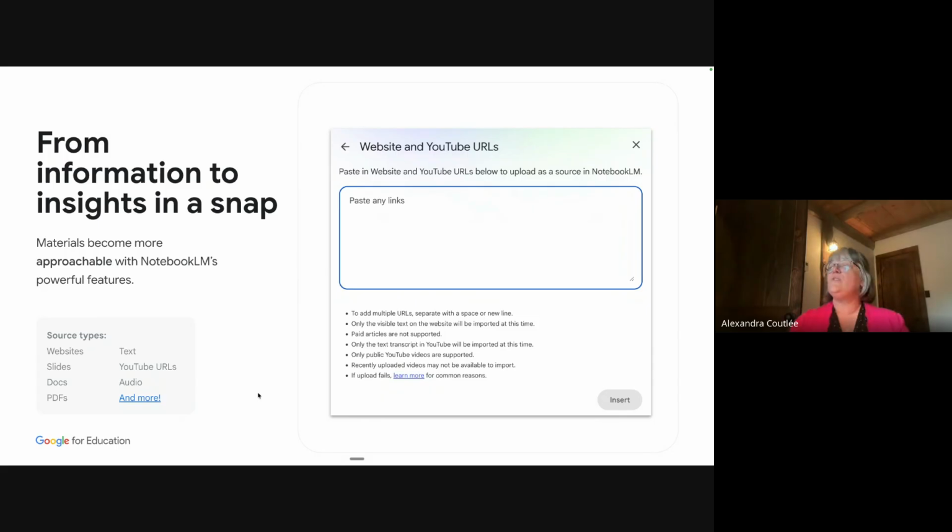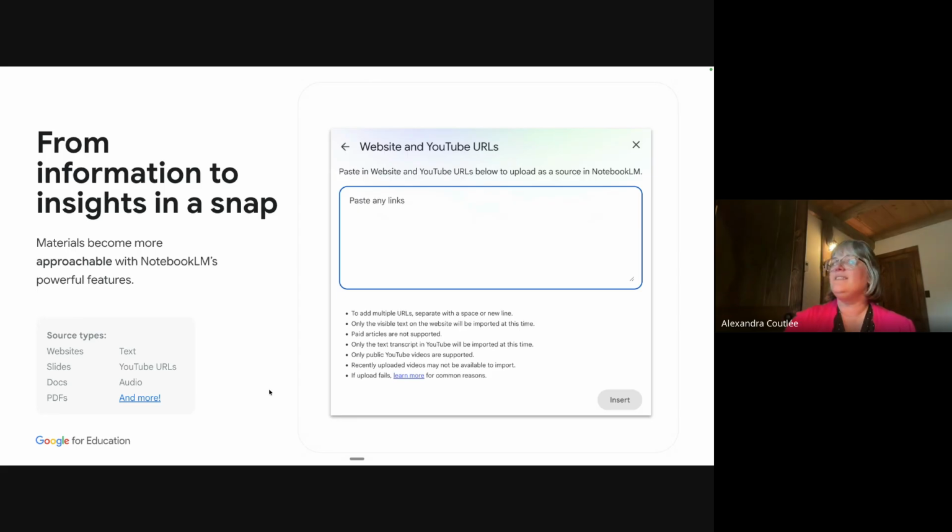Now, your sources are the most important part of NotebookLM. Like I said, if your sources are garbage, then the answer is going to be garbage. So we need to make sure we pick the right sources that we put into NotebookLM. That's going to be a bit of a challenge with students, where they might pick the first website that they find and add it as a source. NotebookLM will not tell them, maybe you need to look at other sources. So we'll need to educate students on what's a good source and what they should put in there.